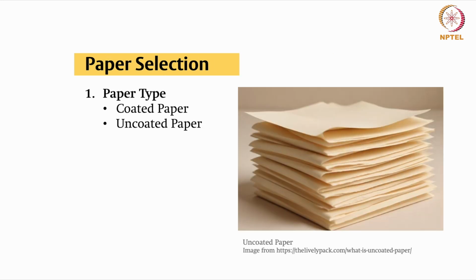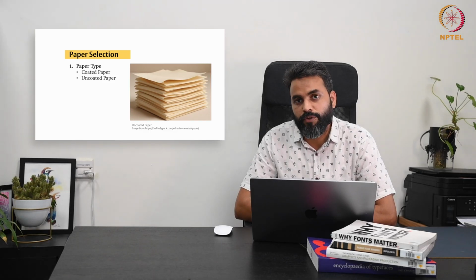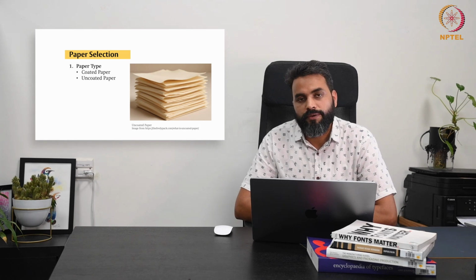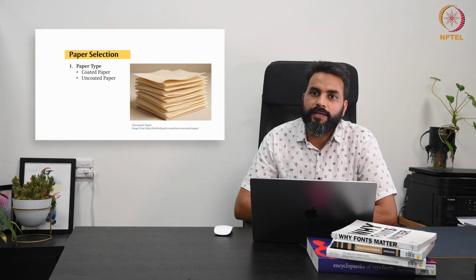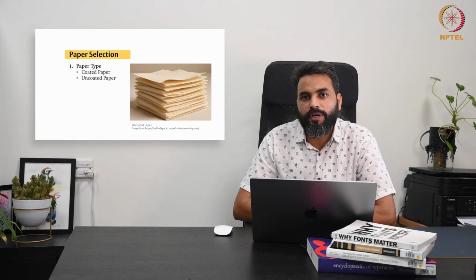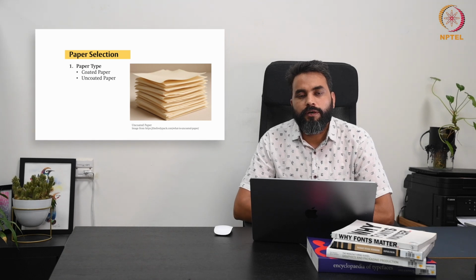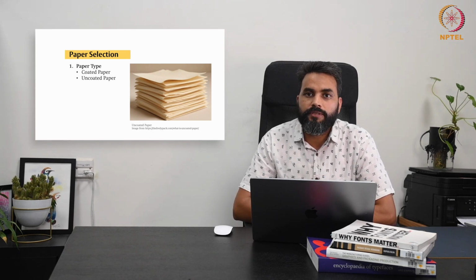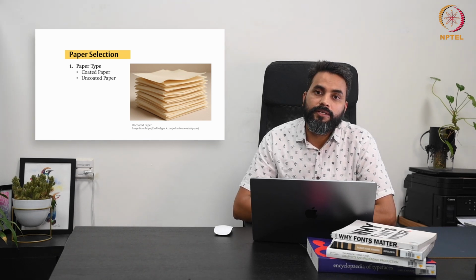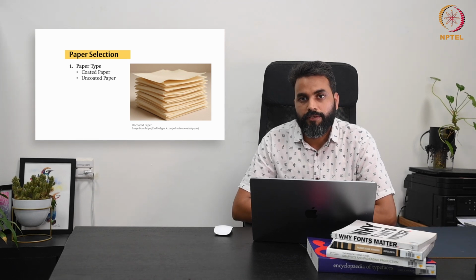So there are basically two types of paper. Coated papers, which come in a glossy or matte finish, are excellent for high quality prints like brochures, magazines, or photographs. They enhance color vibrancy and sharpness. But coated papers are not ideal for printing text heavy prints or writing, as they can be very reflective and create uneasiness when someone is reading or going through it.